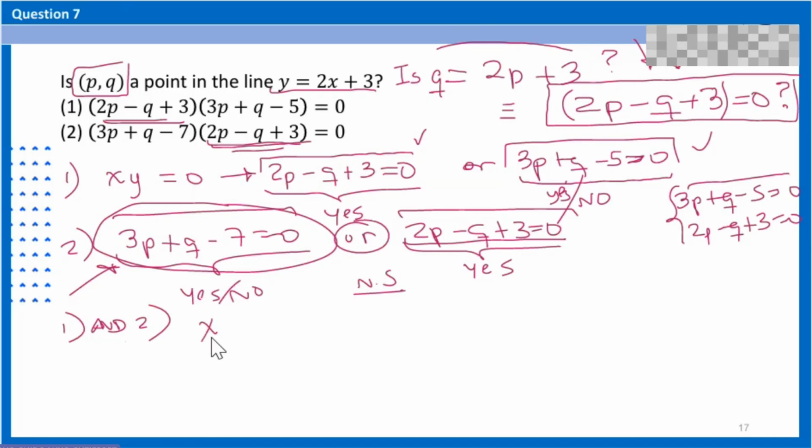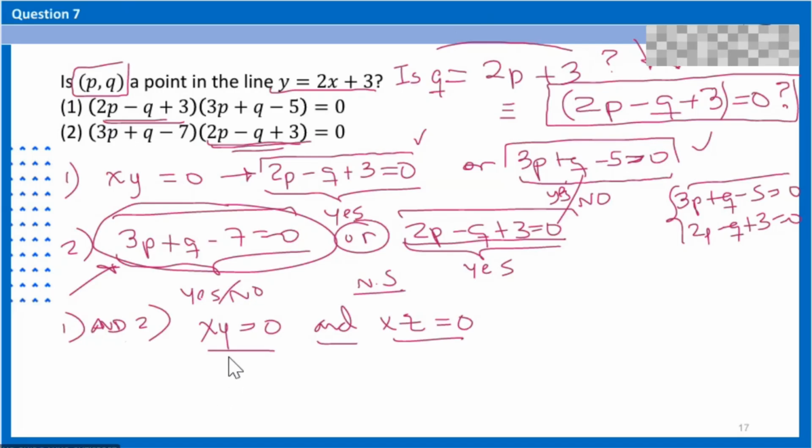You have this, xy equals 0 and xz equals 0. People, can you tell me from these two equalities being true at the same time whether x is 0 or not? Can you tell? Who wants to argue on this? If xy equals 0 and x times z equals 0,